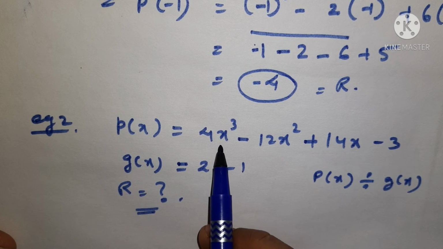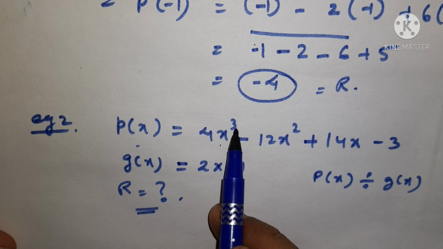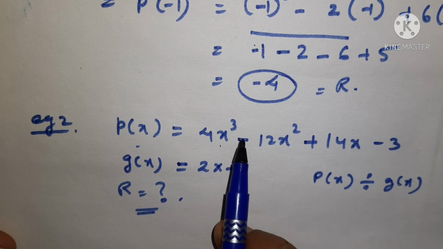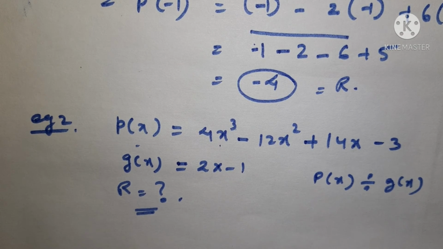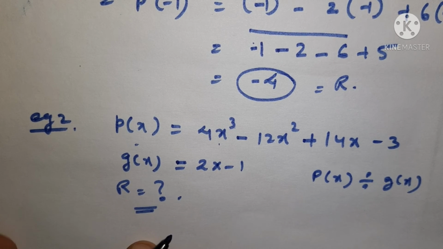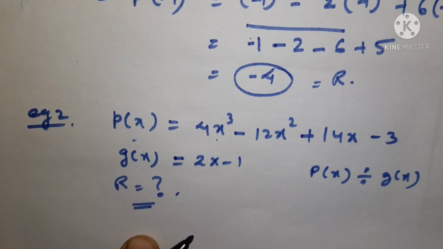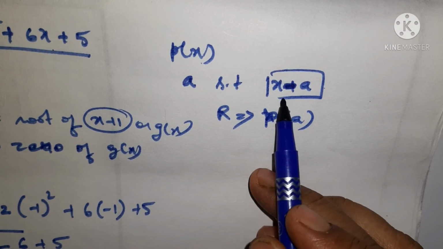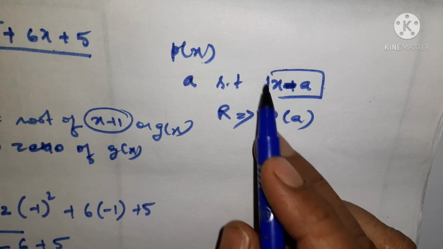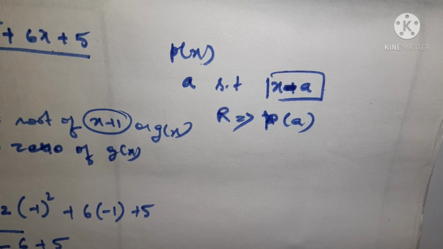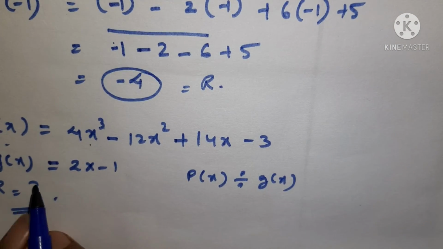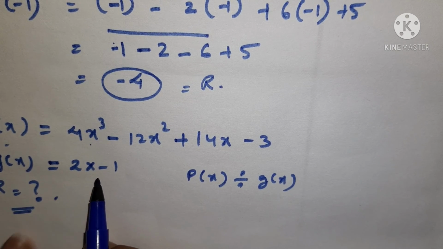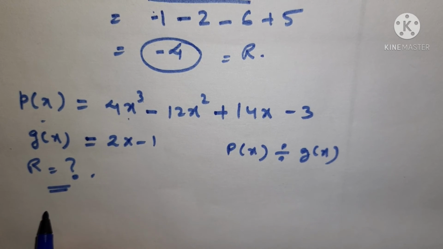Now here you can see the degree of this polynomial is 3. It means it is greater than 1, right? If it is greater than 1, there exists one real number a such that x minus a, if it becomes a divisor for this polynomial, in that case p(a) will be the remainder. So here g(x) is equal to 2x minus 1, it means that you will have a remainder as